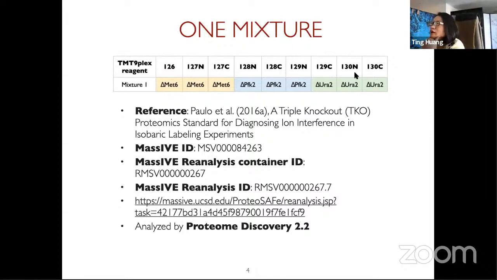For one mixture case, this data set is actually very popular. It's a very popular benchmarking data set published by Paul in 2016. I think it's a triple knockout protein standard. So there are 3